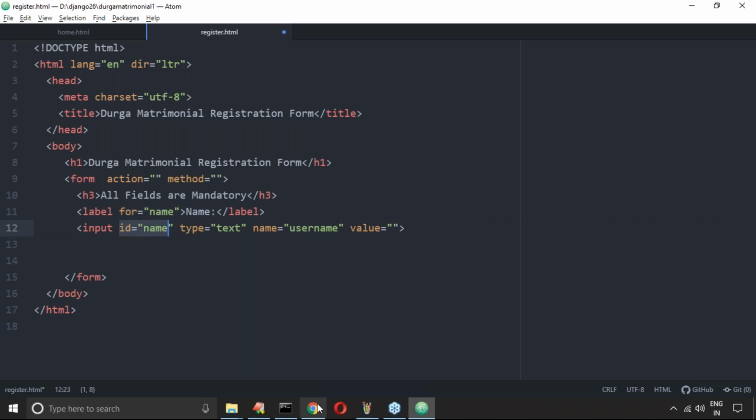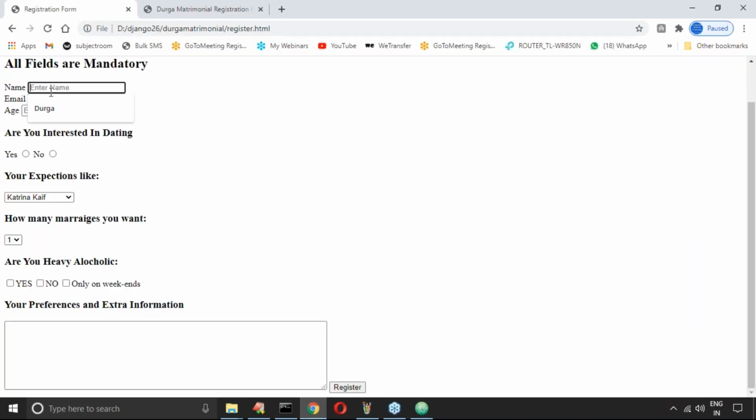Next, there is one thing I have to take care. Sir, how is this enter name coming? Anyone, can you please guide? I forgot. How are this enter name, enter email, enter age coming? There are two ways. One is a default value. The second one is the placeholder. Next, this one is disabled. And if I enter, the cursor is automatically located at the beginning only. Okay, is it a placeholder or a default value?